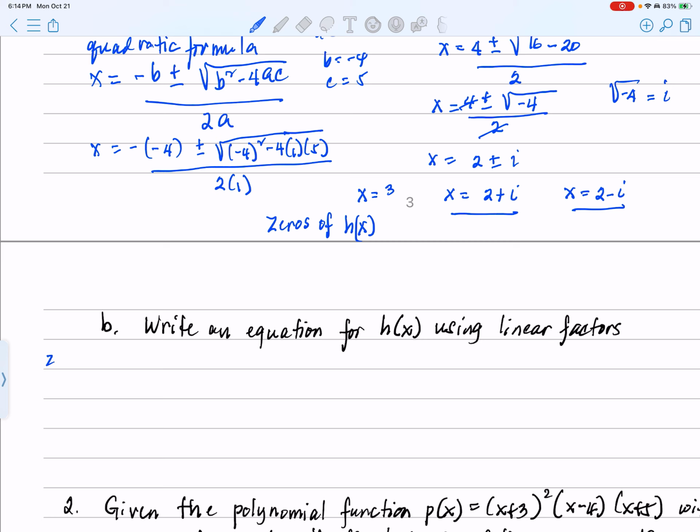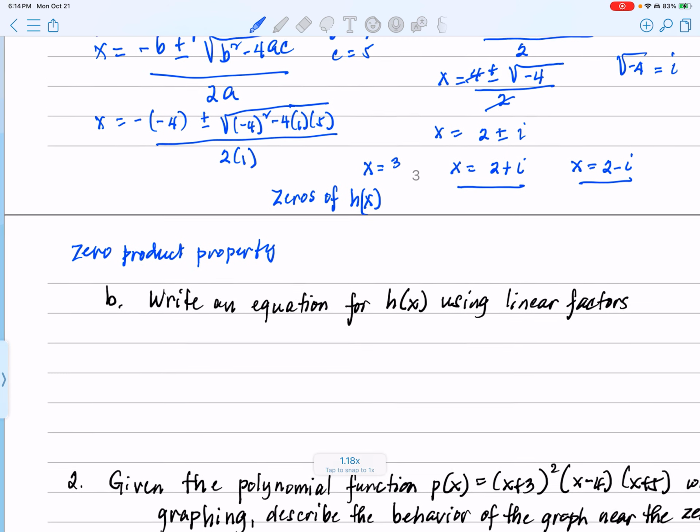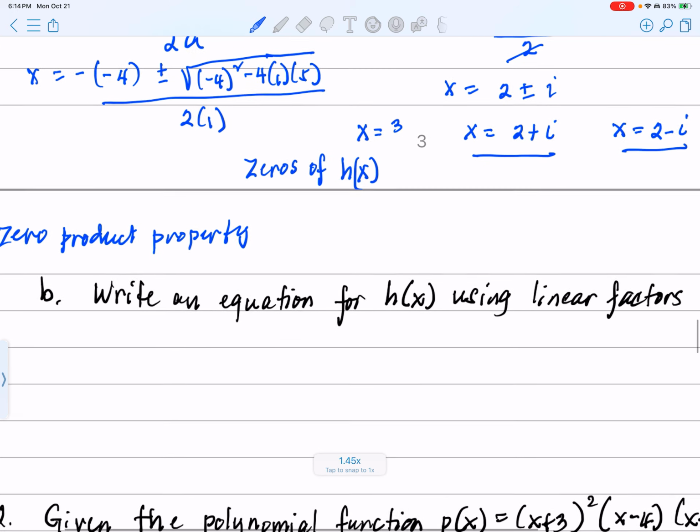I will write it here to have a space. Zero product property. Let's do the reverse way, to rewrite the solutions as factors. So starting at x equals 3,